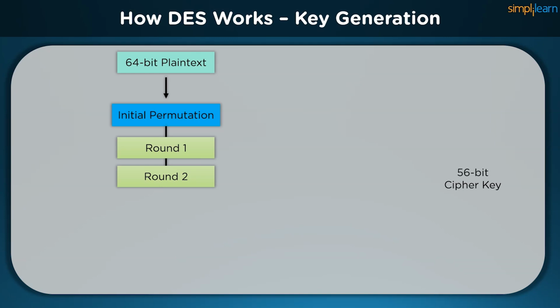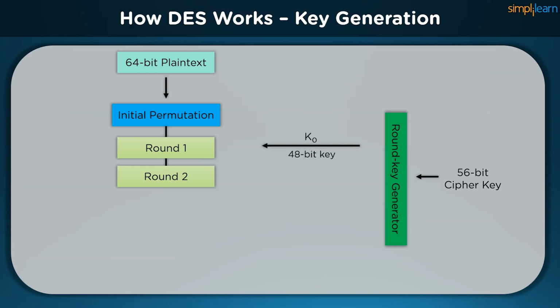Initially, we take a 56-bit cipher key, but it is a single key. We pass it on to a round key generator, which generates 16 different keys, one for each round that the Feistel cipher is being run. These keys are passed on to the rounds as 48 bits. The size of these 48-bit keys is the reason we use the substitution and permutation boxes in the polynomial functions of the Feistel ciphers.